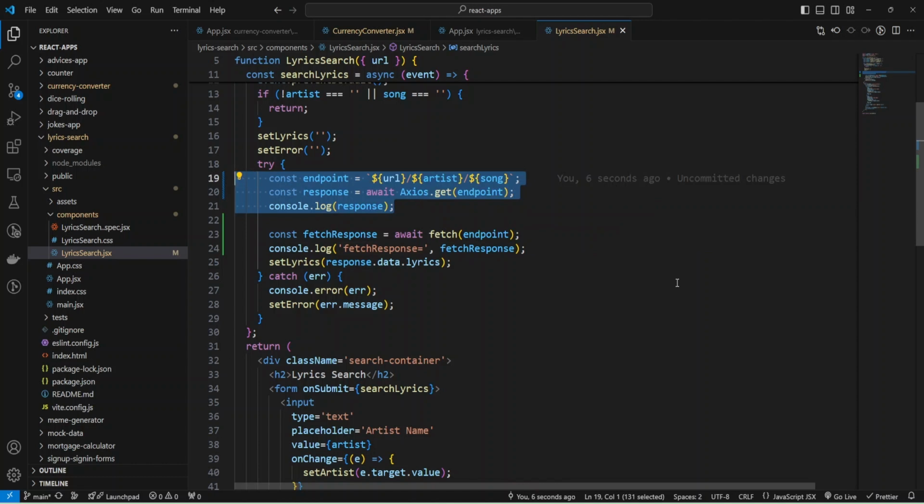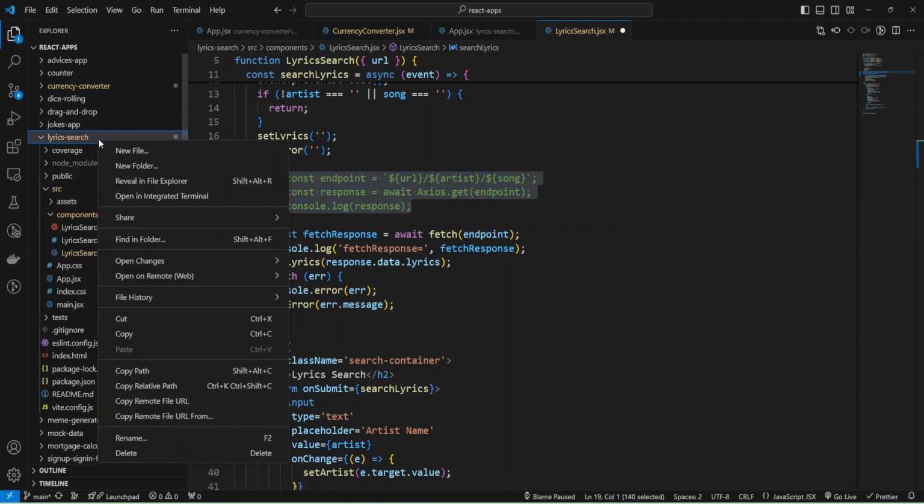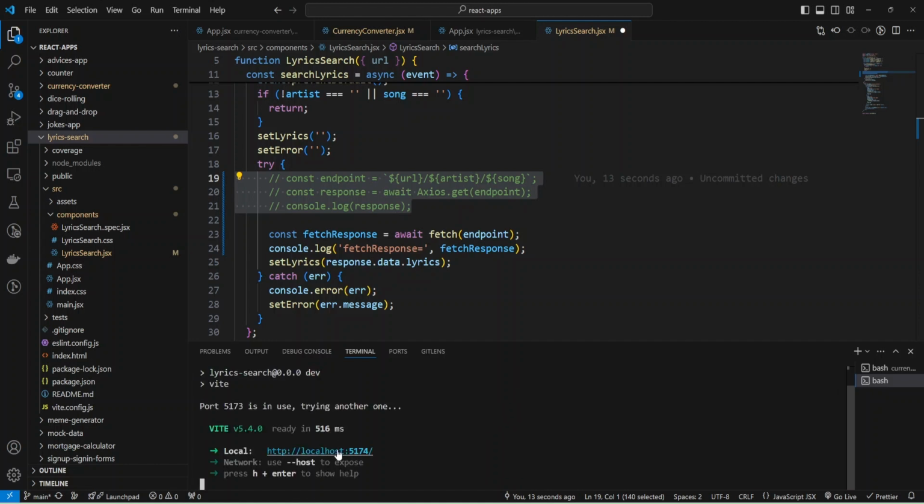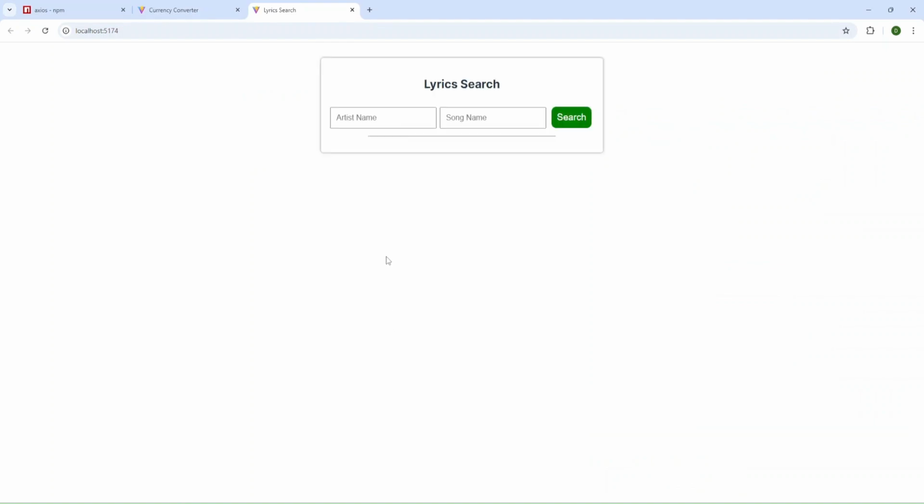Now I can comment the code, and I need to open the terminal and run the dev server, npm run dev, and open my project in the browser. I can provide some artist name.